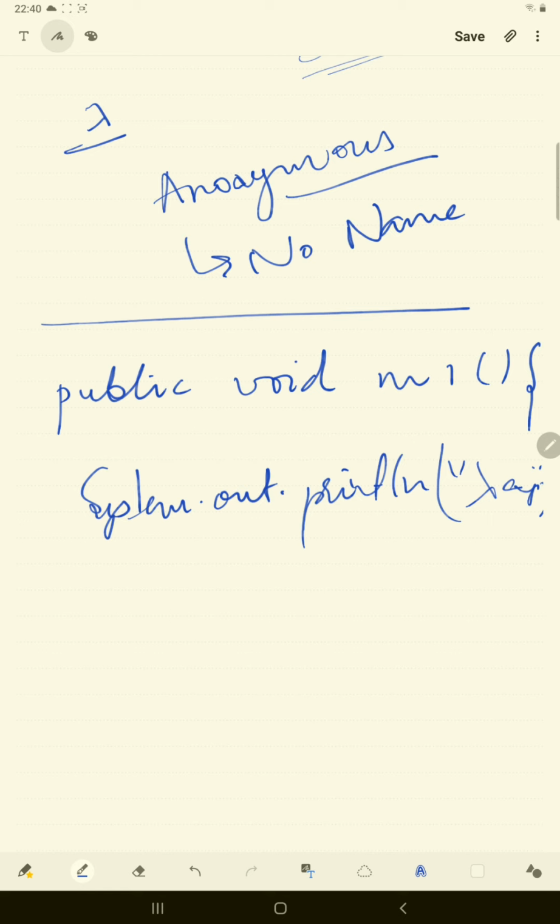Okay, now I will say this is a method, convert this to a lambda expression. So first of all, what I said initially is that a lambda expression is an anonymous function, so there should not be any name. So this m1 is not required. Now the other thing is this access specifier, whether we give public or any other, this is also not required. Next, this void, which is the return type, is also not required. Now what we have left is this, and then this